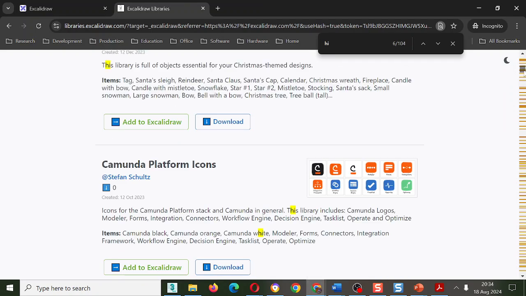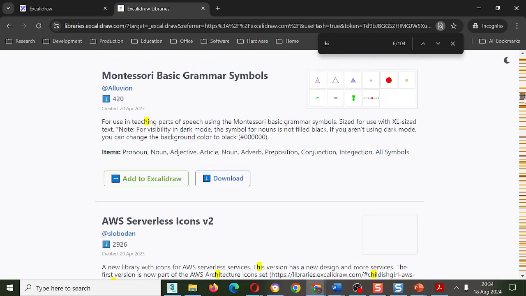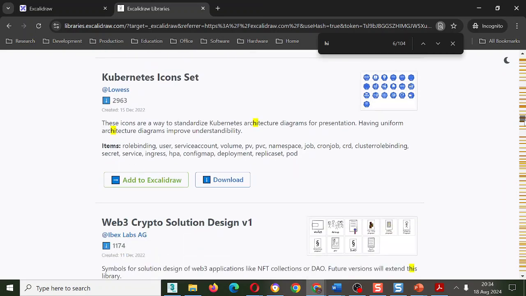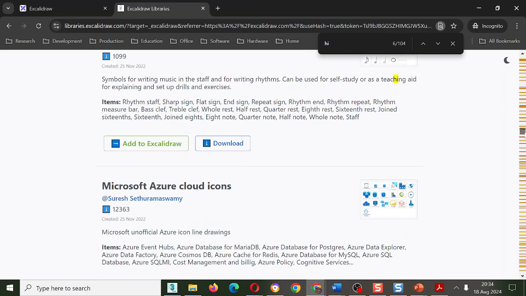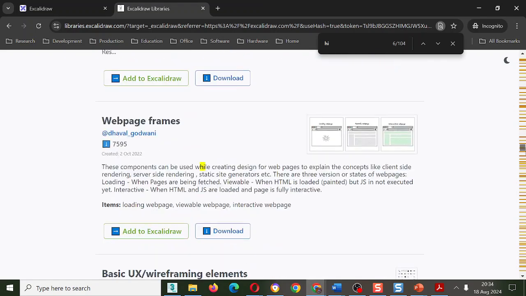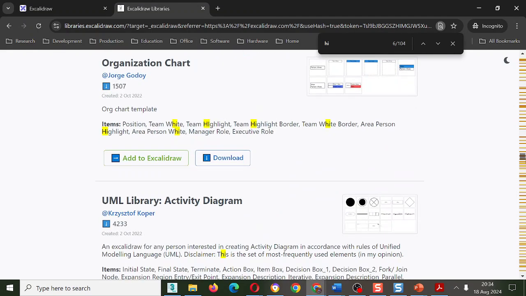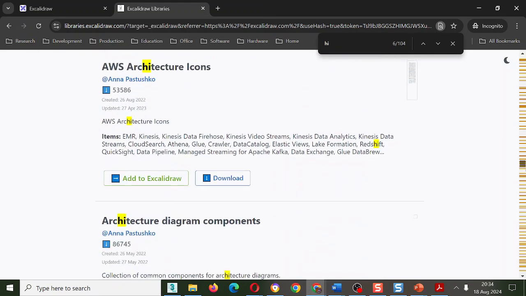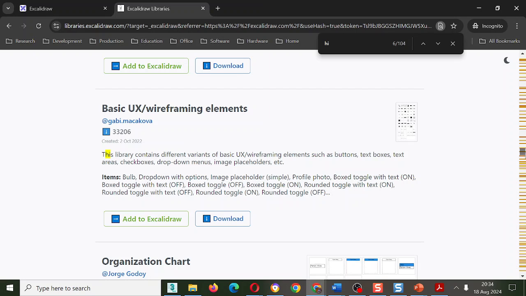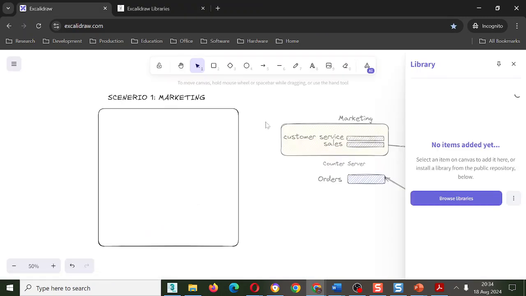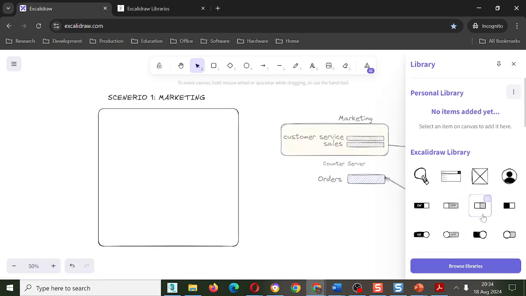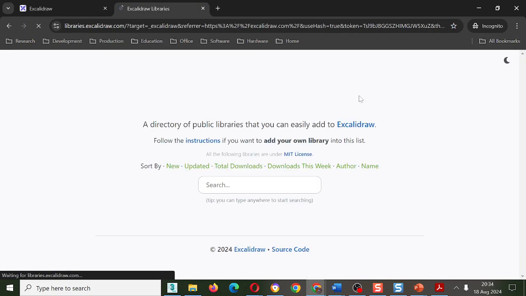I have to scroll down. UX wireframes, these ones, basic. Maybe this one. Let me add this to Excalidraw, I think. Oh, it's not the one I wanted. Let me try again.